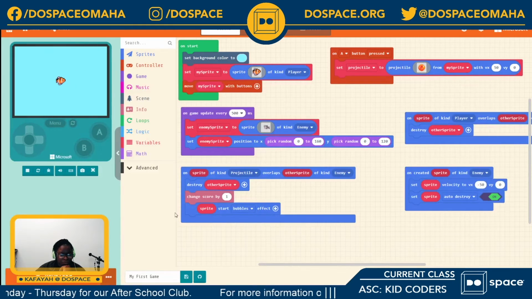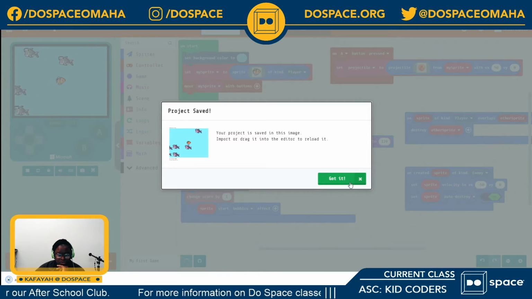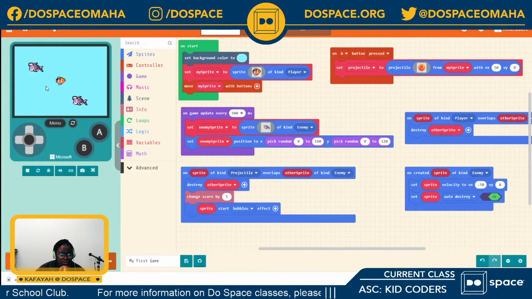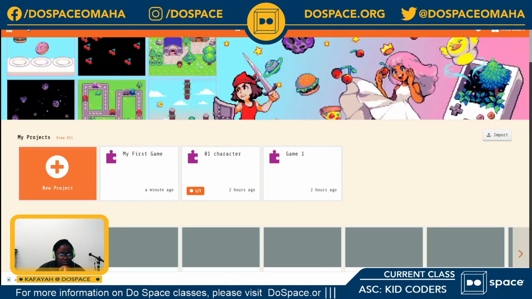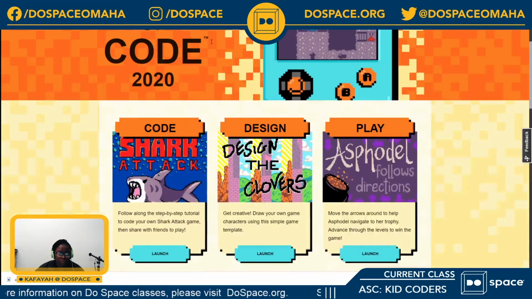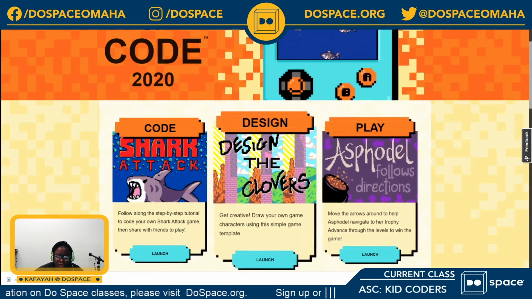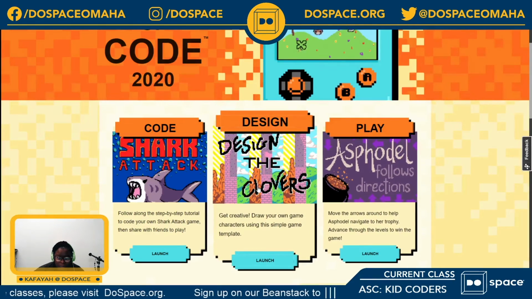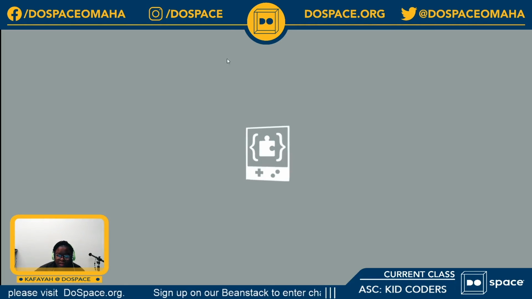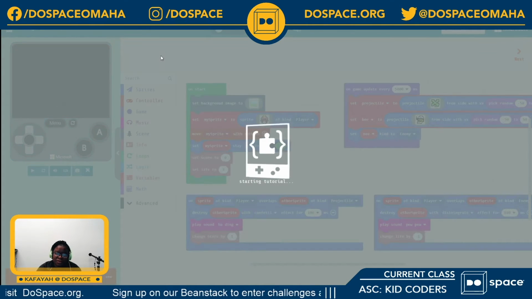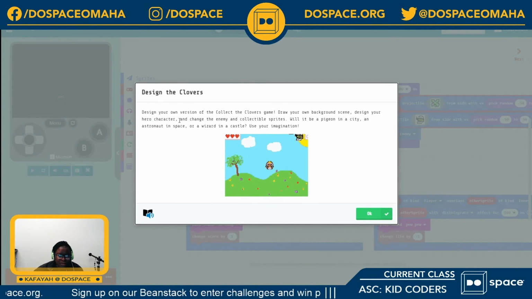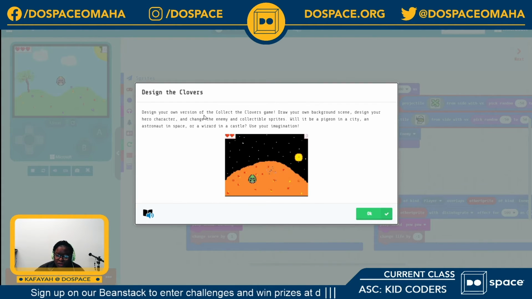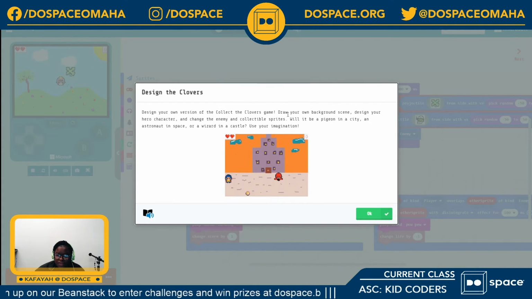So now we can go back home, make sure our game is saved, and then go back home. And when we go home, if we come back here, you can also try to explore the design parts. Let's see what this is going to entail. Okay, so this lets you design your own version of the Collect the Clovers game.